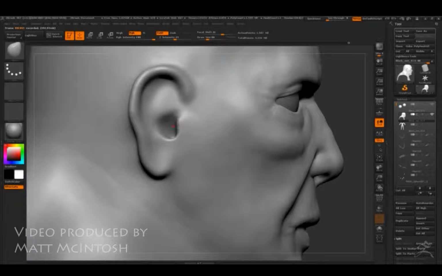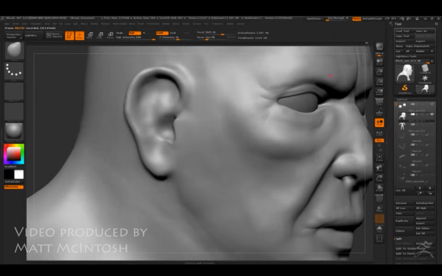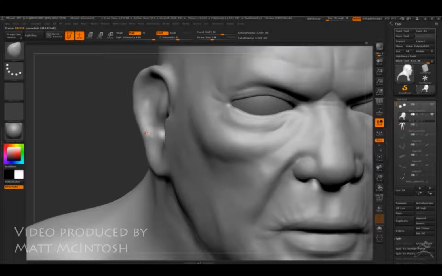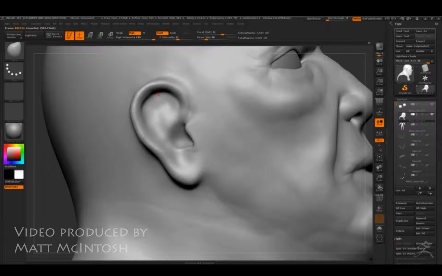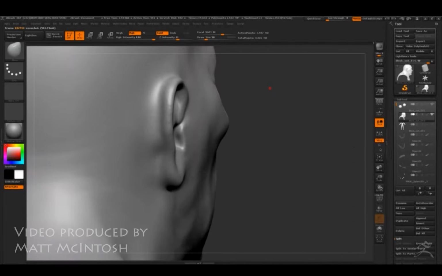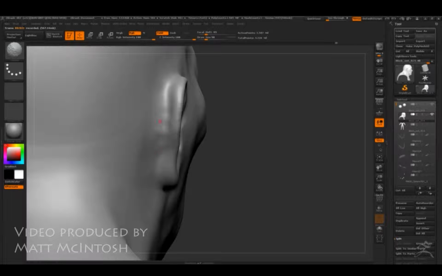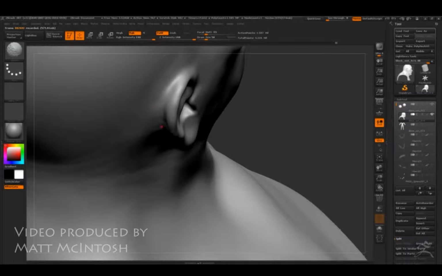But what I want to do now is just refine the shape of this ear slightly so it's a little bit more detailed, because at the moment it's very underdeveloped. So I'm just going to pull around some shapes using the Move brush so I can get that overall feel for the ear, and then I'm going to start using the Move tool to push in elements and refine the outside of the lobe,